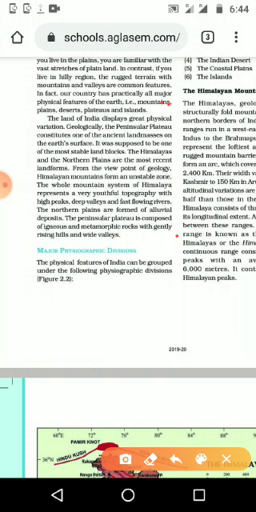Geologically, the peninsular plateau constitutes one of the ancient landmasses on the earth's surface. This is a very important question. It may be asked as a one word question: which part is the ancient landmass on earth? If we go to other countries, we can see one or two such parts there also, but here in India, that is the peninsular plateau. It is supposed to be one of the most stable land blocks, and the Himalayan and the northern plains are the most recent landforms.